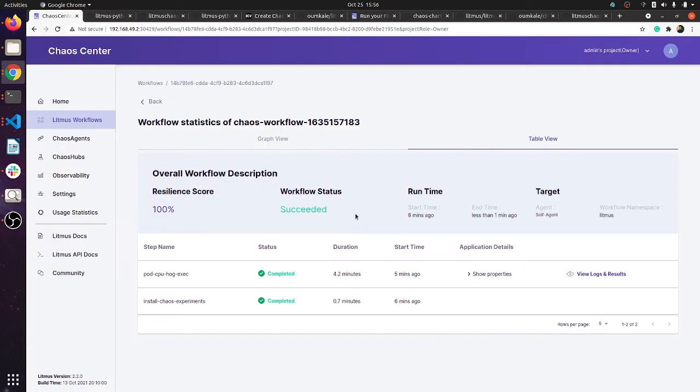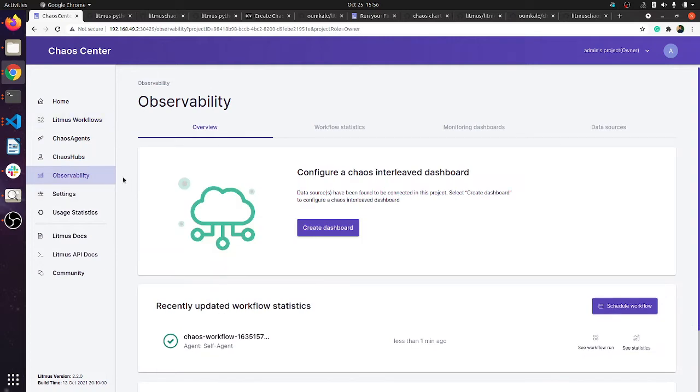Now, if there are other applications where you want visualization, like a matrix view or some graphical views, then we have to go to observability.